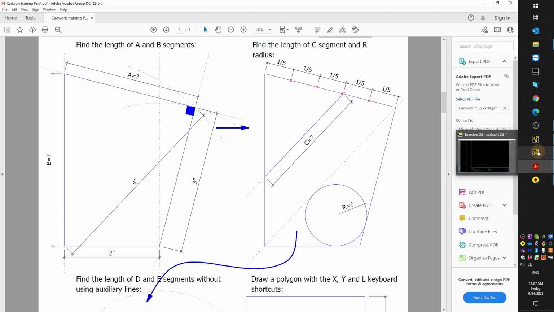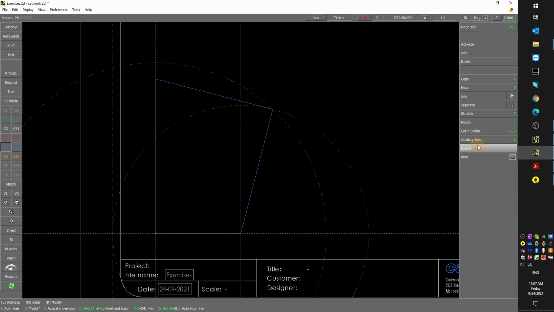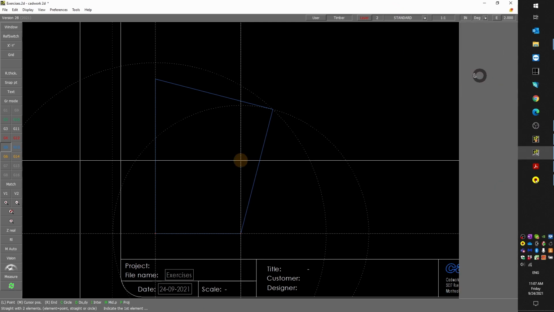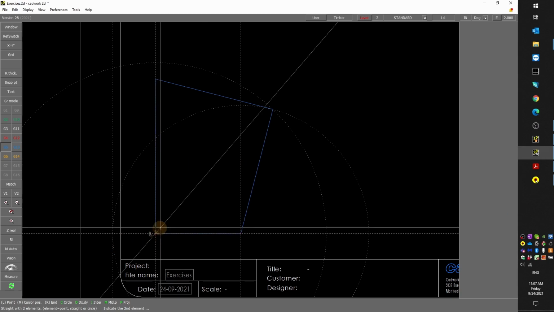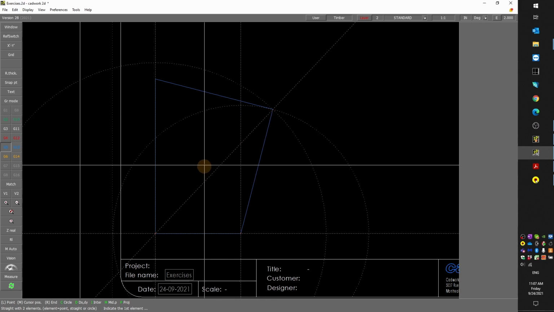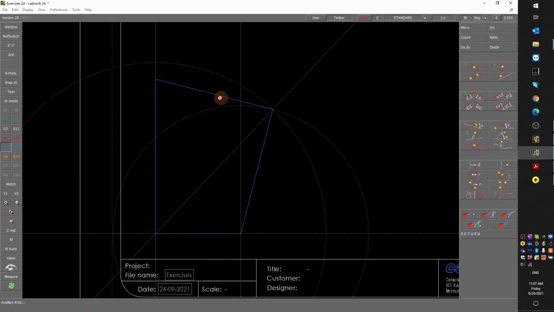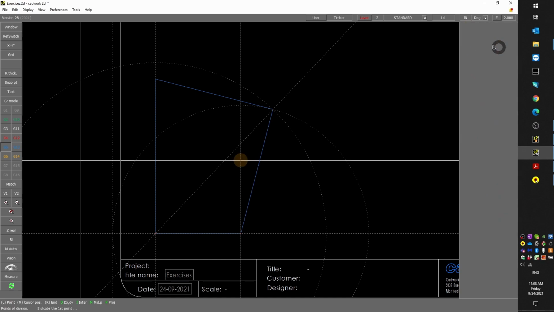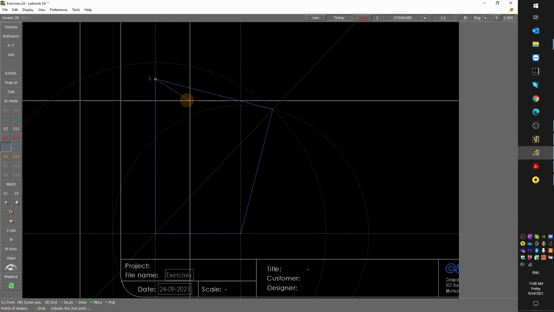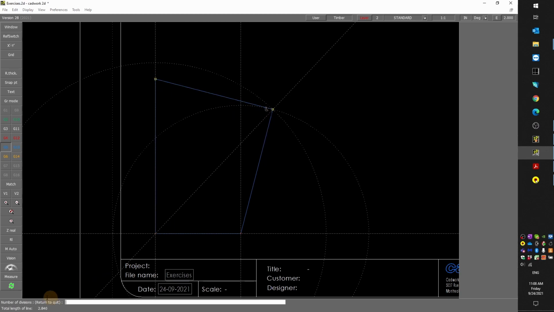So let's go back to the 2D. So first, I'm gonna add my diagonal. So by using this auxiliary line, I left click here and left click here. So I have the parallel, I have the line, and then the next one should be parallel. We will be dividing our segment. So I need to divide the segment from here to there. I need 5